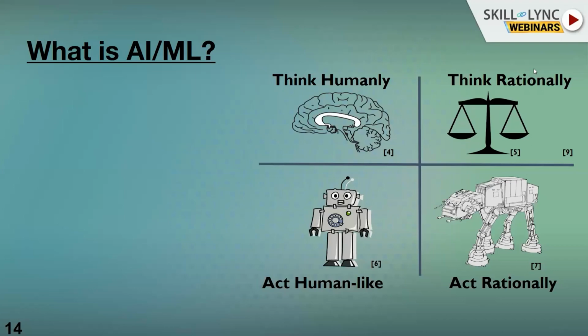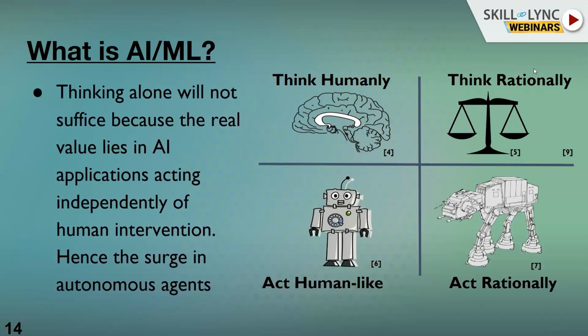So these are the four dimensions on which the definition of artificial intelligence comes into the picture. Thinking capabilities alone are not sufficient. For example, assume you have an AI engine which can do all the thinking on our behalf. But if you are to take action, even when the thinking is done by the machine, is it sufficient? For example, let's say you are building a robot, and the robot is supposed to do a life-saving exercise in a fire accident.